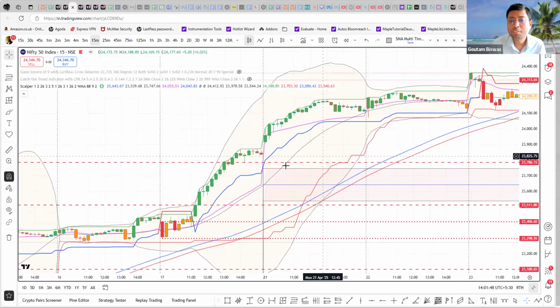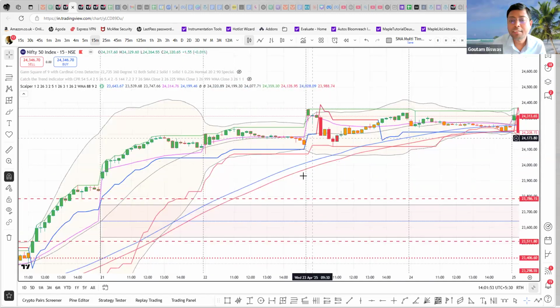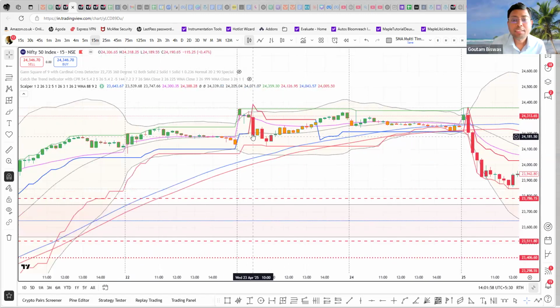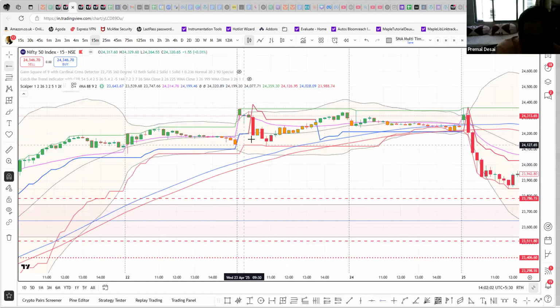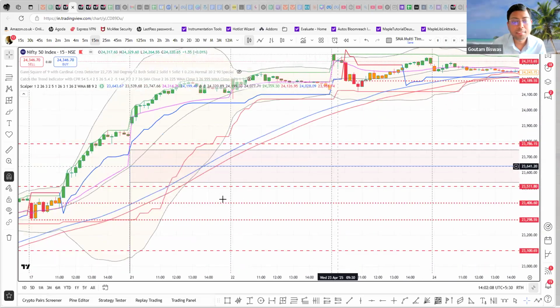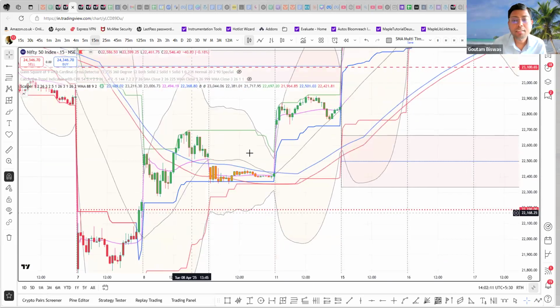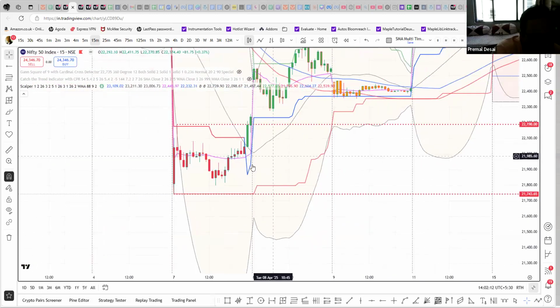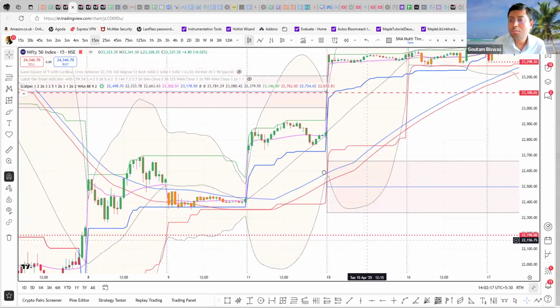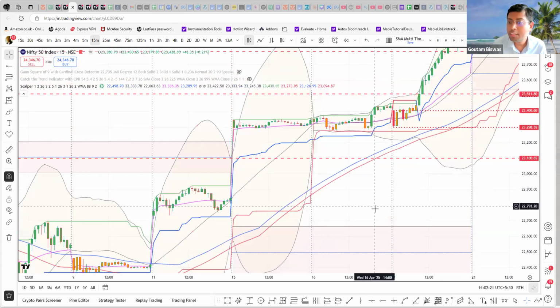Look at the move. Again, a fake candle towards the end of the day. You finally got your exit signal here because one candle closed below this. This is where your exit happened, almost 24,200. Now, where did you enter? You entered at almost 22,200. You entered at 22,200, exited at 24,200. So 2,000 points in one trade, just that, on a 15-minute time frame,